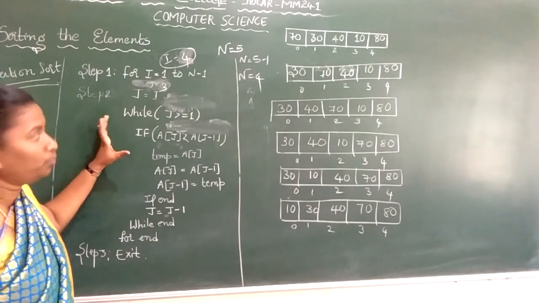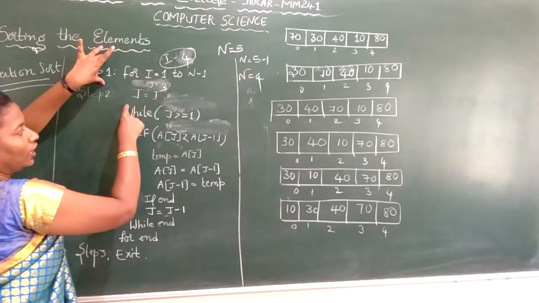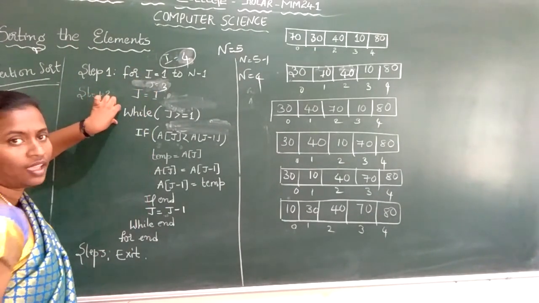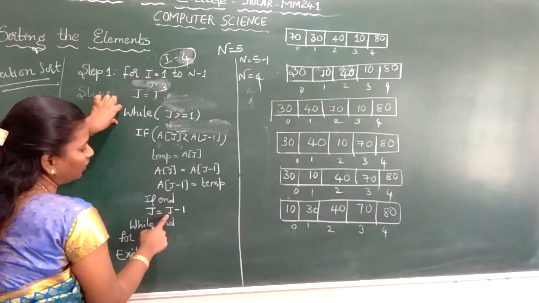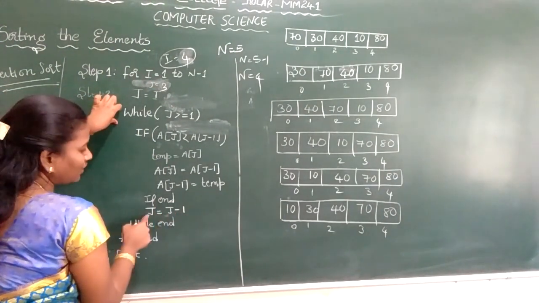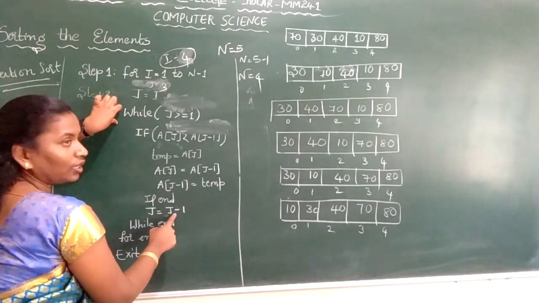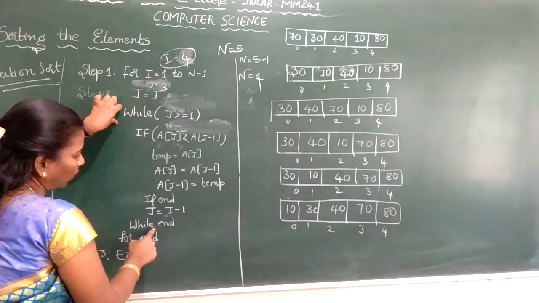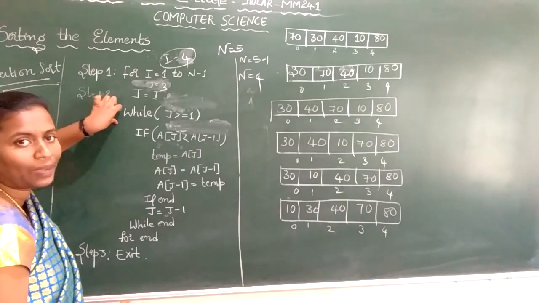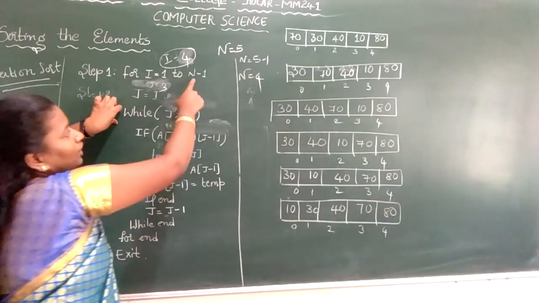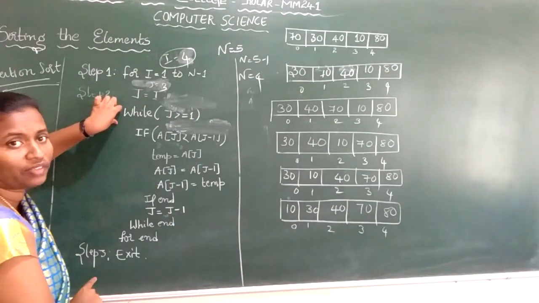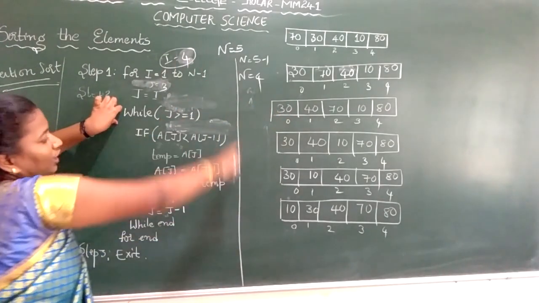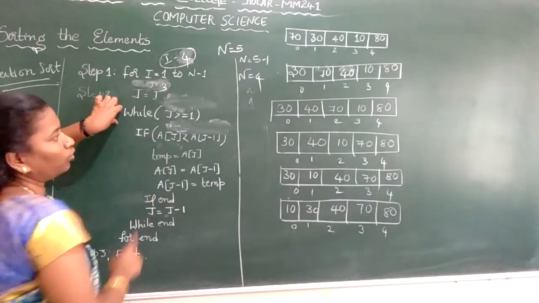See, we have two loops. One is the for loop, the next one is the while loop. Only when the while loop fails, I will increment the for loop. When this condition holds, j is equal to j minus 1, and the j value keeps on decrementing. When the while condition fails, I will come outside the while loop and go to the for loop, incrementing up to the array element size, the number of elements minus 1, which is 4. Till my fourth location I will keep on tracing and doing the swapping.